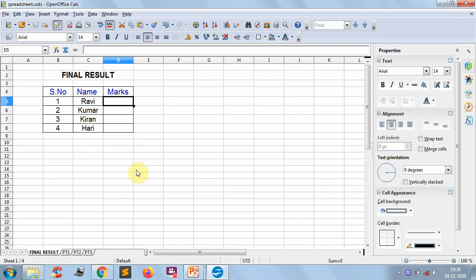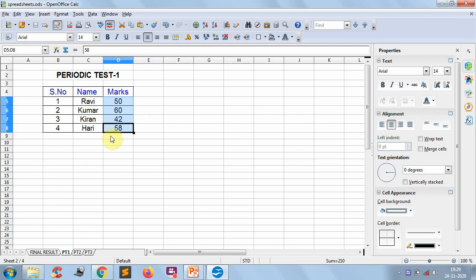So let us see how to do it now. Before getting into that, we can give a name to all the 4 cells together. That is called defining ranges. For the particular selected cells we can give some names, so in future, whenever you need them, without mentioning the cell names and cell ranges, just by giving that name you can access those cells. So let us see how to define the name.